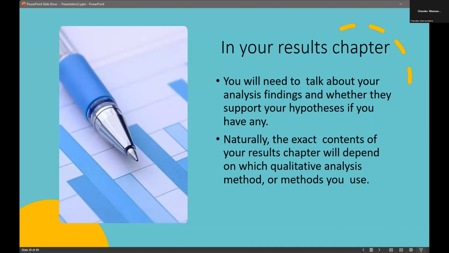Yes, some might have a hypothesis, some may not. It depends on the study you do, but most of them do not have a hypothesis. So as I mentioned, the exact content of the research chapter will depend on